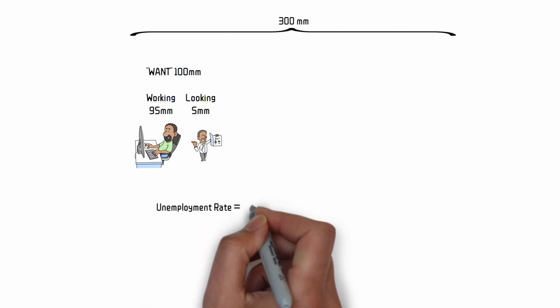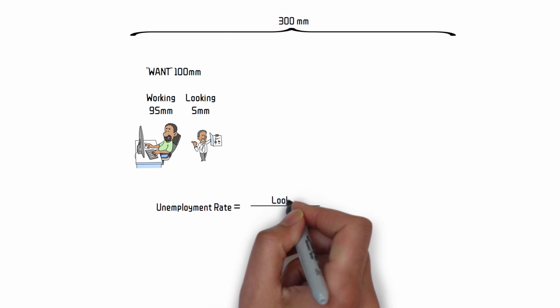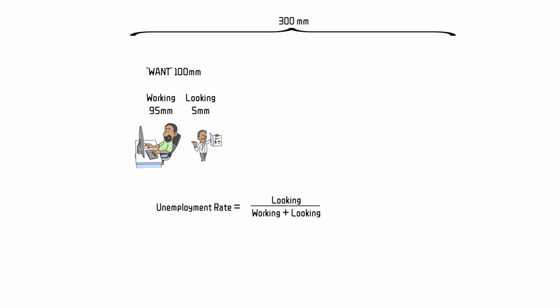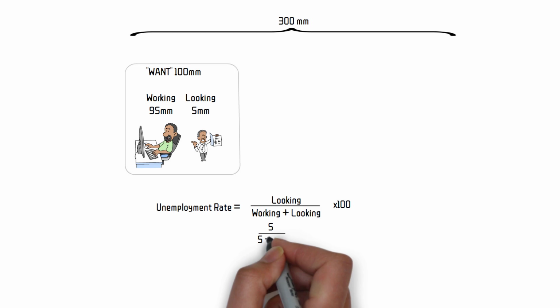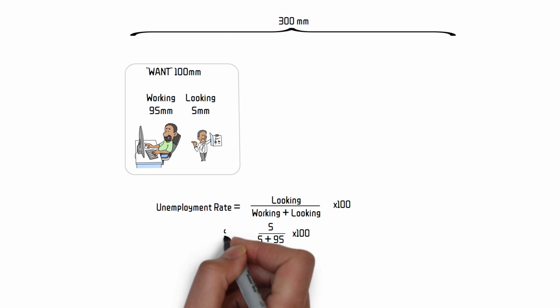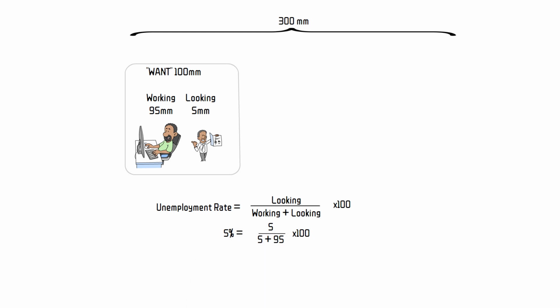We can calculate the unemployment rate of those looking over those working plus looking. So if 5 million people are looking and 95 million people are working, we have to add those two together to make the basis or denominator. 5 million divided by 100 million is 0.05. To make that into a percentage, multiply by 100 and you get 5%. So again, the population you need is those that are actively working or actively looking for work.